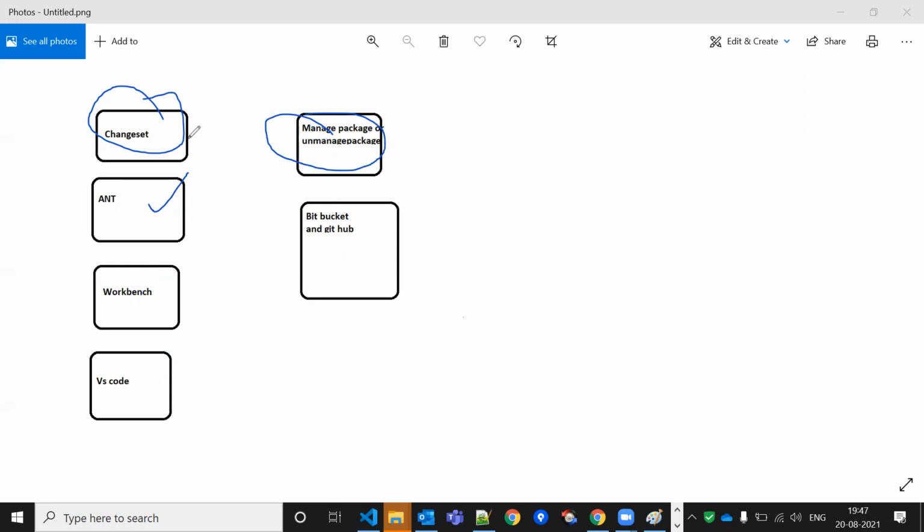Now package.xml is common. It is not different here, it is the same in case of Ant. Everything is the same. If you have created a package.xml, you can easily use it in this one. There is no issue. This is a common thing for three to four of them. In case of Ant, as I told you, package.xml should be there. We have to install some software from outside, after that we can do it.